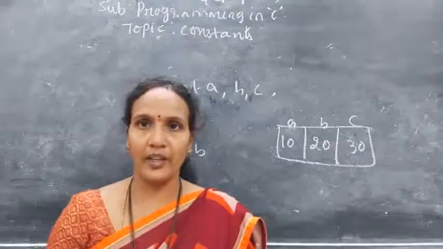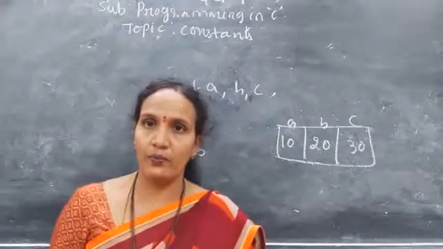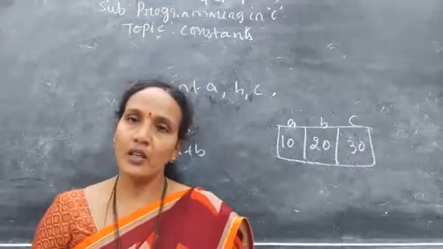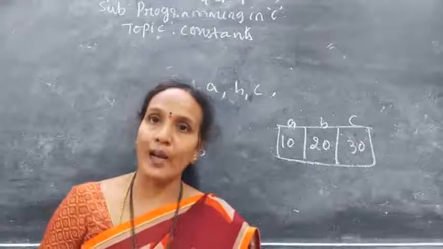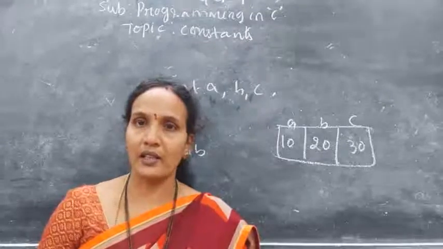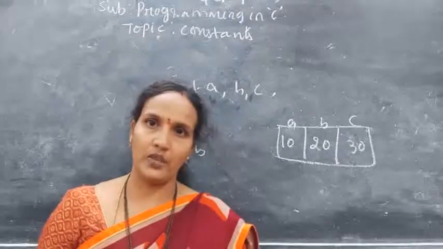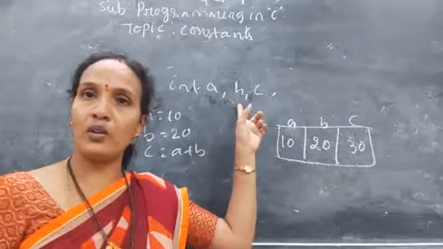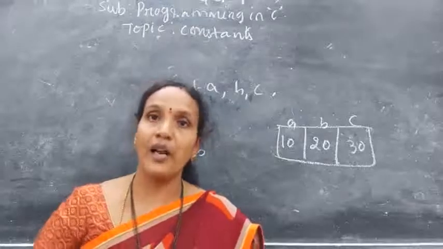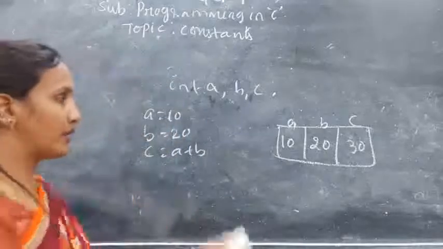Okay. So what is the connection between variables and constants? I will explain now. Variable and constant are both the same. But here, the value of A, B, C, right now we don't know, and what value the user is going to store, we don't know. So that is a variable. In future, the value of a variable may or may not change. But if it is a constant, that variable holds a fixed value throughout program execution. Here we don't know the value of the variable. In future we can assign a value. But right now there is no value, and what value the user is going to supply, we don't know.